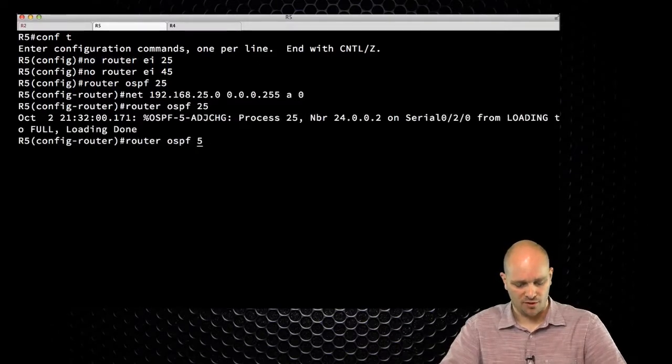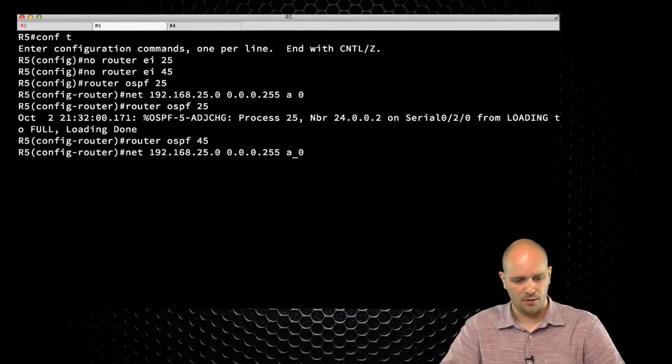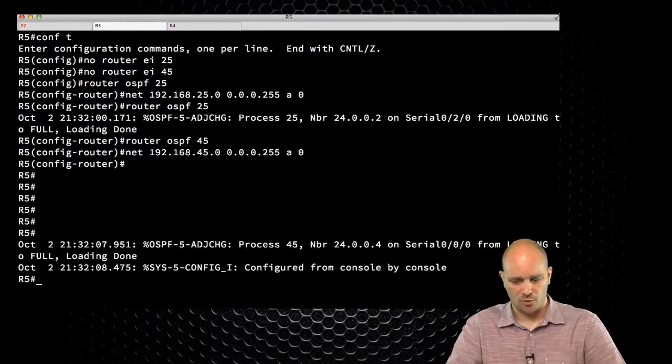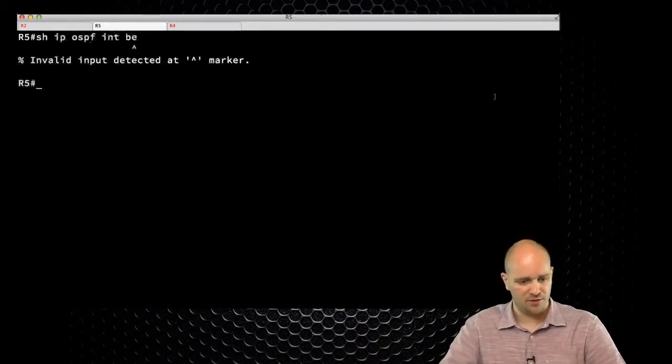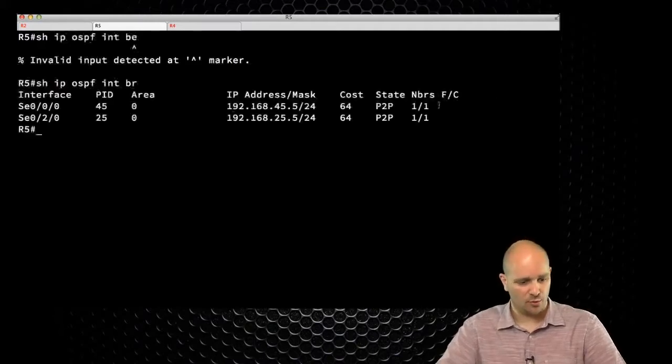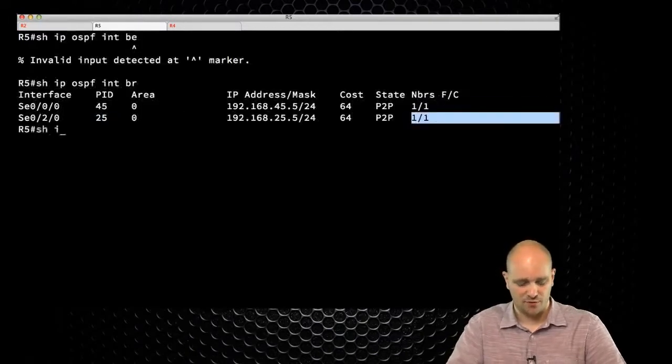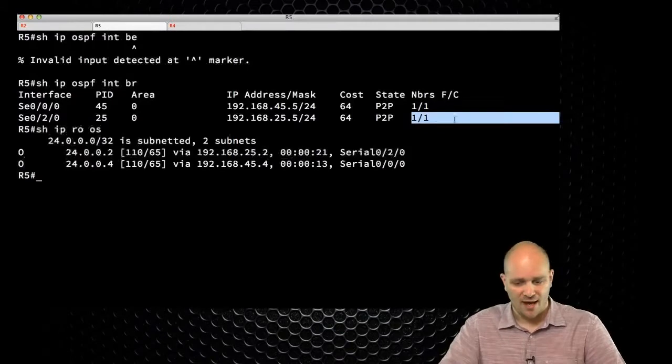And I will have OSPF 45 with the network 45. So now I can see that both of these processes have loaded. So show IP OSPF interface brief. I just want to see that I do actually have neighbors, so I can see that different processes are running on these two interfaces, and I can see that I have adjacent neighbors. So if I do show IP route OSPF, I will see,